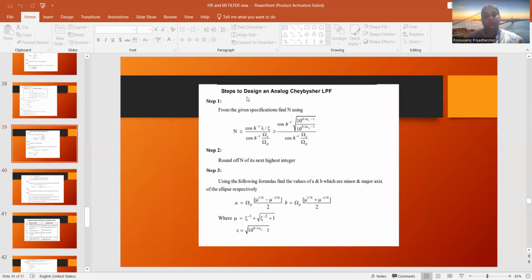And the next is going to be the steps to design an analog Chebyshev filter. This is another type of filter, the next type of the low pass filter. For the given specifications, again, the order of the filter can be calculated by using this formula: cosh inverse of lambda by epsilon over cosh inverse of stop band and pass band frequency ratio. And similarly, here also we have to round off to the next higher integer and find out the parameters k, mu, epsilon, A and B,